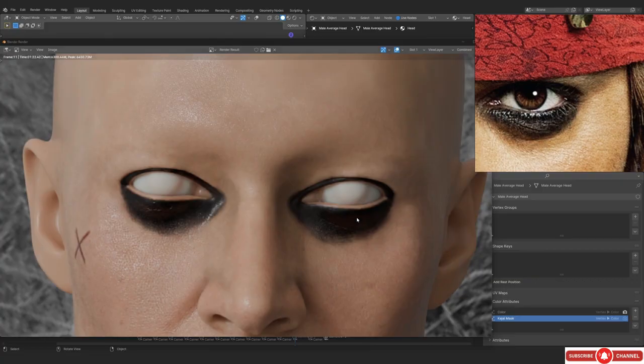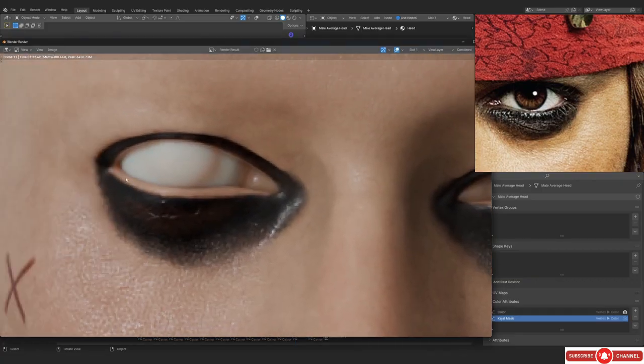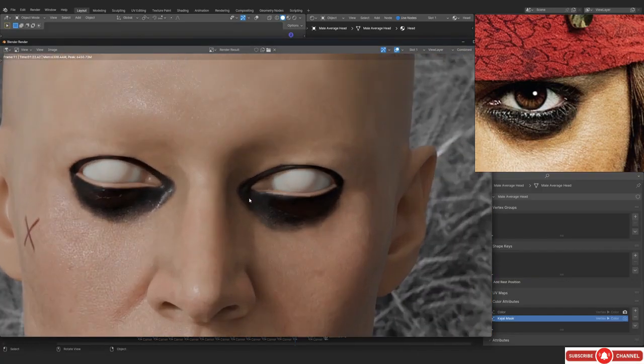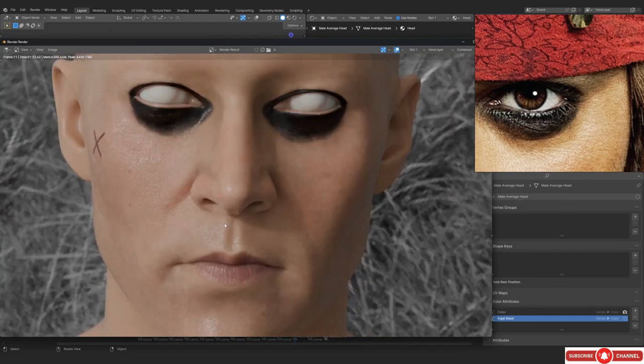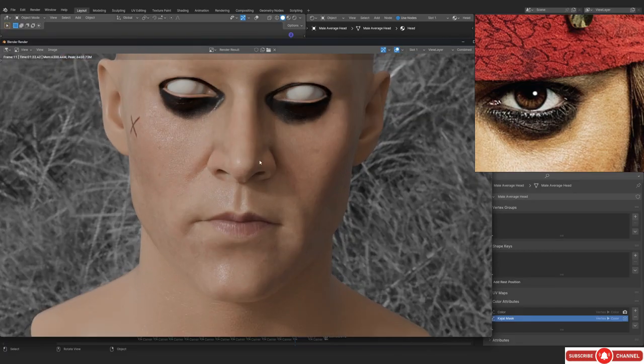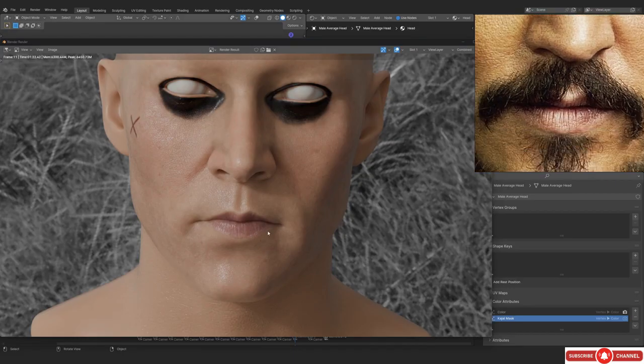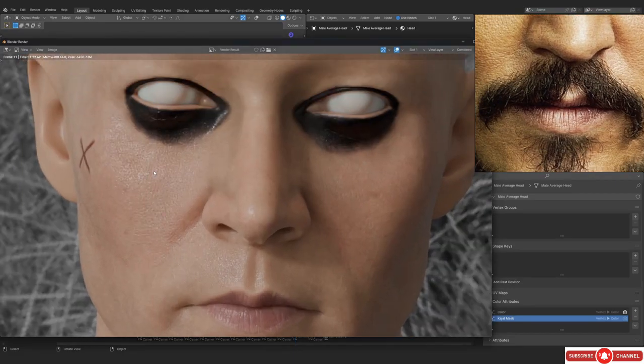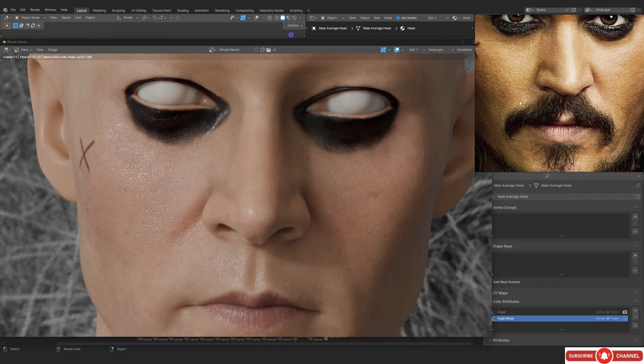So one of the first things that you can notice is we have not painted it over here, and it is actually looking a little bit weird on the border of the eyelid. So we're gonna have to spread it a little bit so that we can cover a little bit of eyelid, the eyeball area. And yeah, you can see how the mask is basically looking.